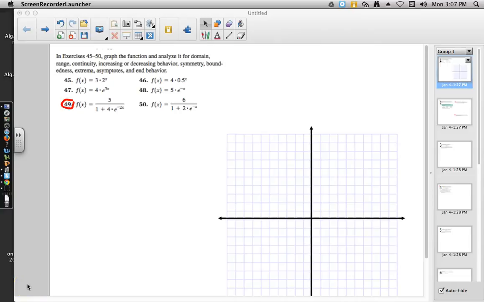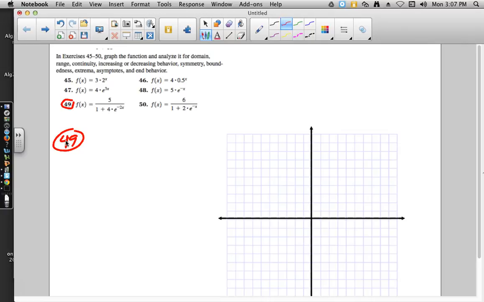These are the frequently asked questions for pre-calculus for section 3.1 day 2, starting with number 49. In exercises 45 to 50, graph the function and analyze it for domain, range, continuity, increasing or decreasing behavior, symmetry, boundedness, extrema, asymptotes, and end behavior. So for number 49,